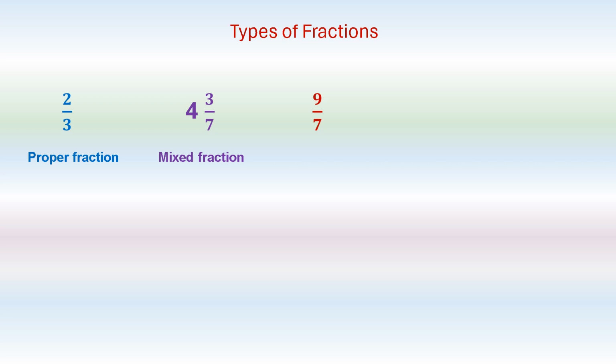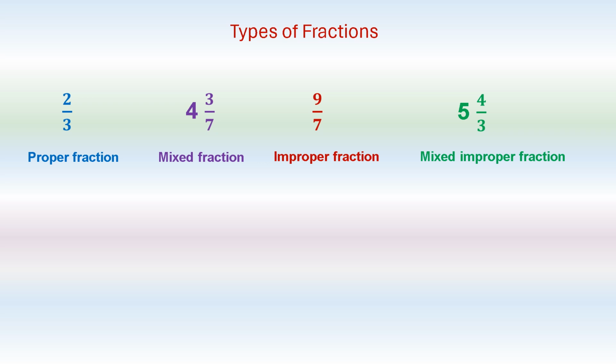Then we have the improper fraction. So the improper fraction is when the numerator, in this case it's 9, is larger than the denominator, which is 7 in this case. So it is called an improper fraction. Then we have something called a mixed improper fraction. So this is where we have the whole number, which is 5, and an improper fraction where the numerator is